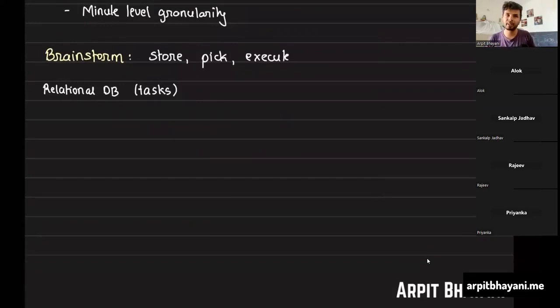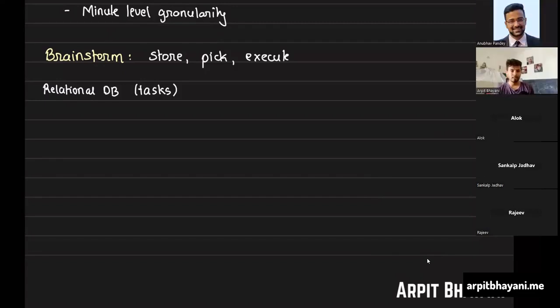Raise your hands, I'll pull you in. We'll start with store, which is how we are storing the task, and we'll pick a relational database for that because there's no need for overcomplication. We'll start with a relational database and its guarantees, and then you may switch the underlying database to any database that gives you those guarantees. As simple as that, right? But a relational database helps us think in a very structured way. Okay, let's start with storage. What would be the schema that you would have for a table that stores tasks that are scheduled to be executed by a particular user? Raise your hands, I'll pull you in. Yeah, Anubhav?